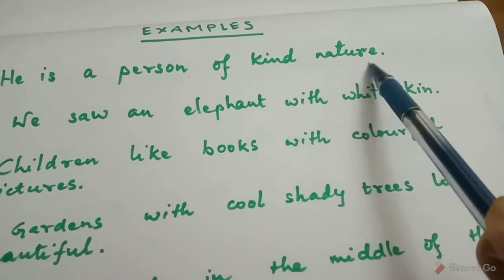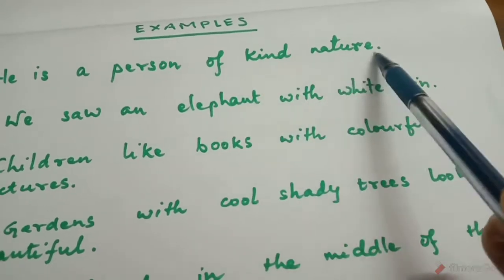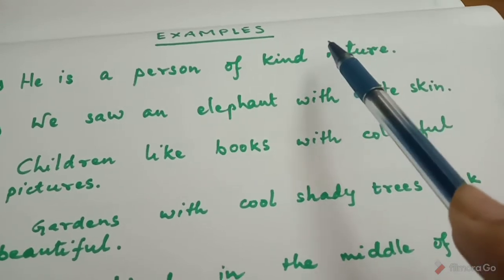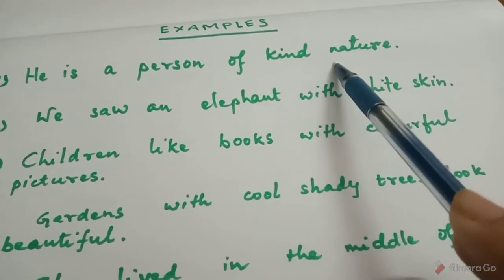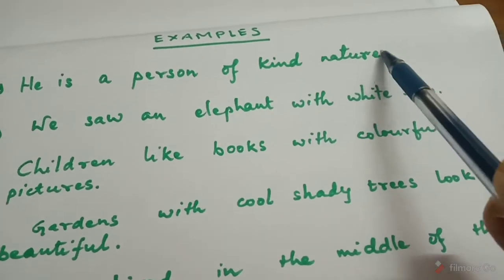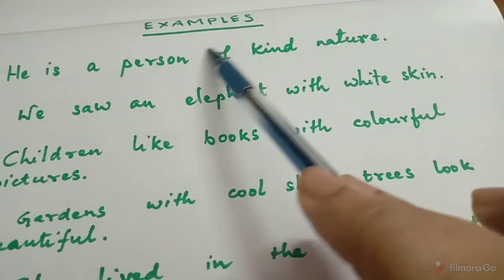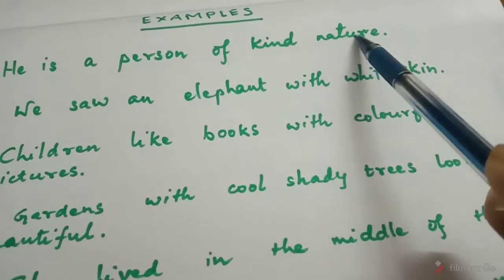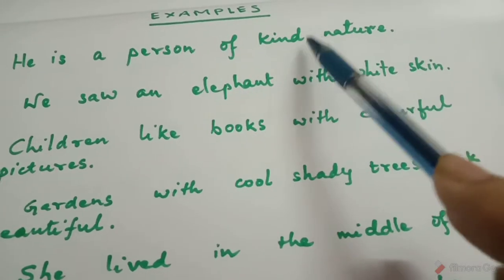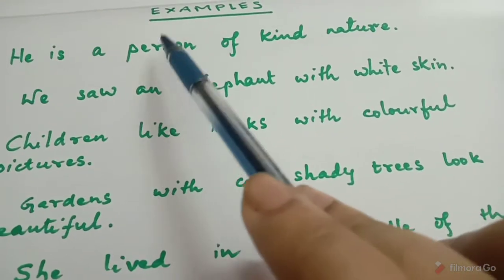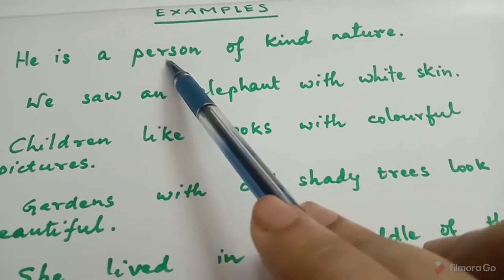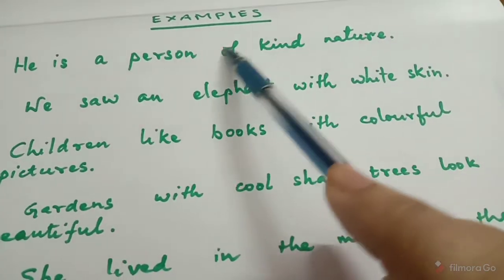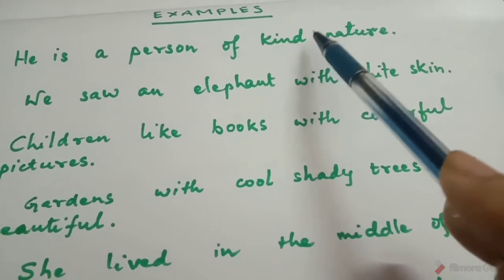This is the phrase because it has no verb, it has no subject. So this is my phrase. Now you have to try to identify whether it is an adjective phrase or a noun phrase or an adverb phrase. Of kind nature. So let's see if this functions as an adjective or an adverb or a noun. Of kind nature. So this group of words tells us something about the person, right? He's a person of kind nature. So what kind of a person is he? Of kind nature, right? So this group of words or this phrase is an adjective phrase because it qualifies the